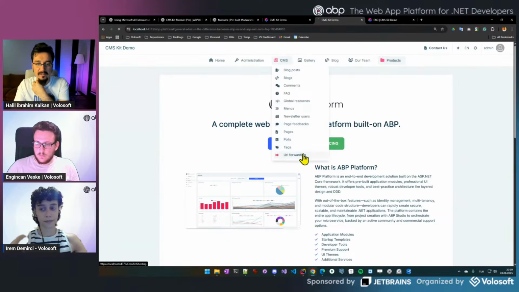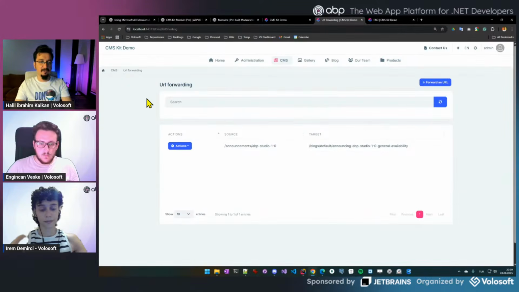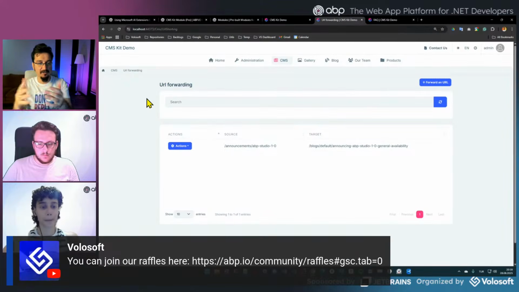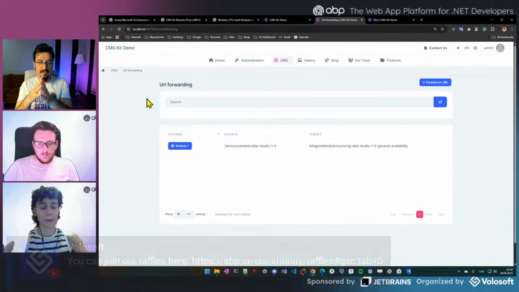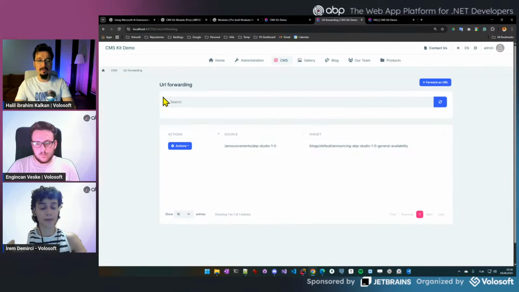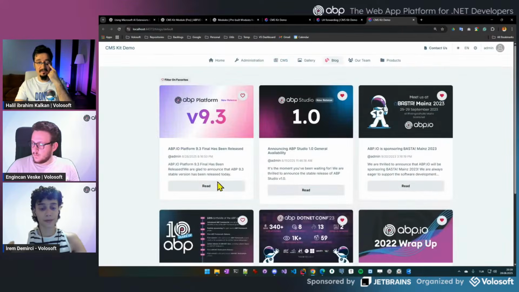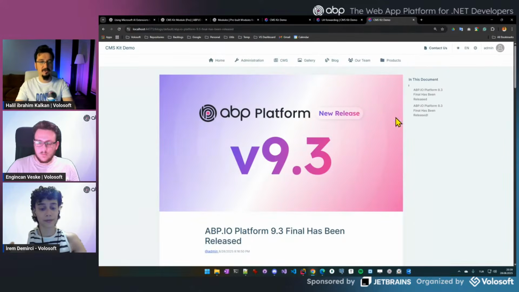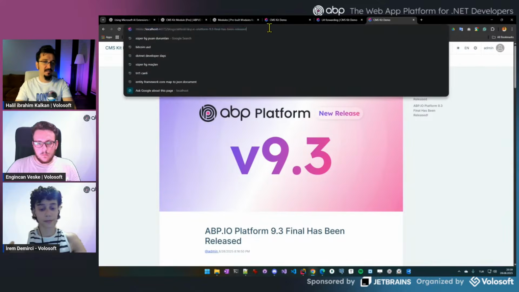When we go to the URL forwarding system, you know, there are some kind of services that make some short URLs for your long URLs. We thought that this is a very common and also not very complicated feature, so we can include this to the ABP CMS Kit module. Here you see, for example, let's do it. Go to the blog page, and we have created a blog post for the ABP 9.3 version, but we found that this URL is too long to remember and share with our followers,